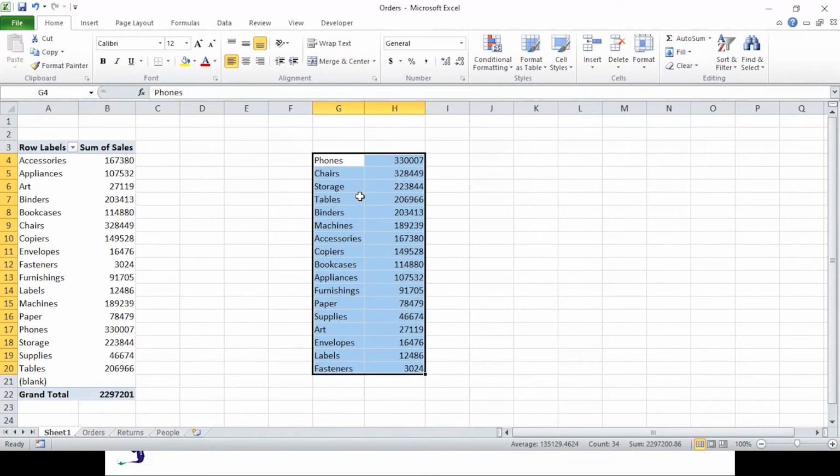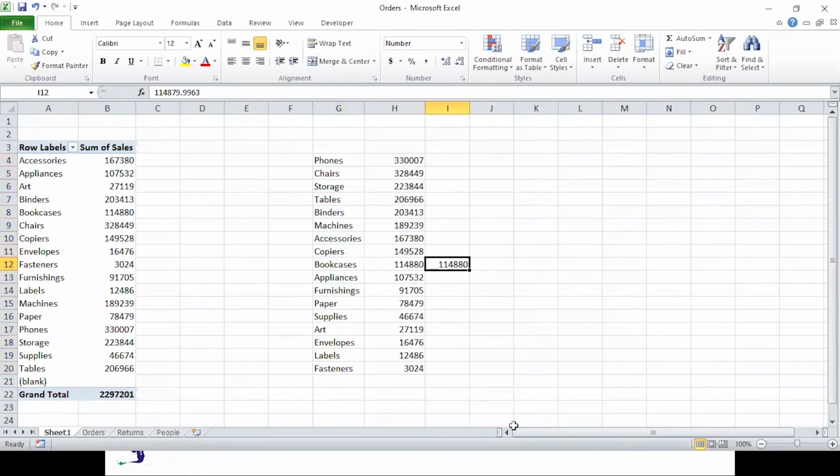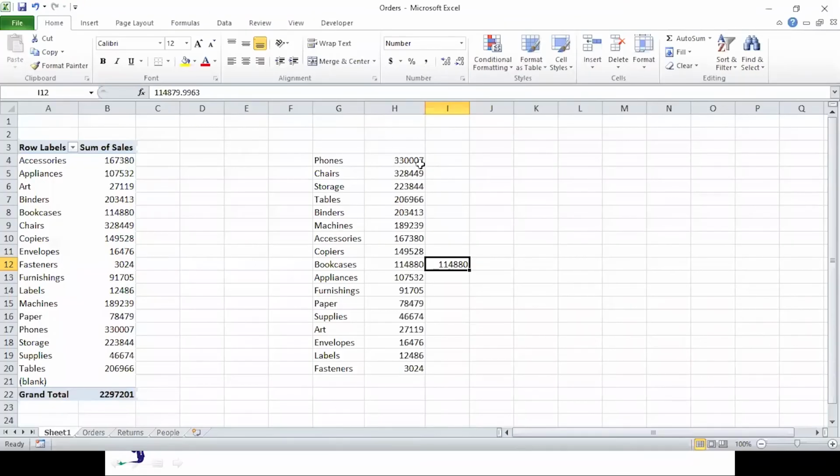Here it is. Now you see how many subcategories there are? 17 subcategories. So what becomes the middle value? 6, 7, 8, this ninth becomes the middle value, that is the median. So 114880, you will see over here. Now comes the upper quartile, which is the middle value from the top. There are a total of 9 values, that means 4 left from the top, 4 left from the bottom. That is the fifth one, 1, 2, 3, 4, 5. This should be the upper quartile.